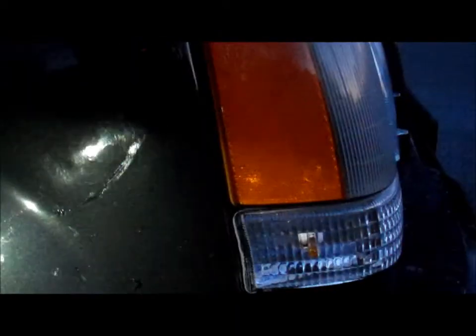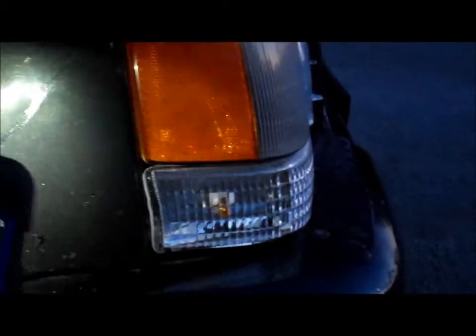Moving on to the front fender. We do have some scratches here that have been touched up. Just your typical shopping cart kind of stuff from the mall. It does look like there's a slight little ding in the fender. Nothing too earth-shattering. Moving on to the door, we do have a ding and a scratch that was touched up